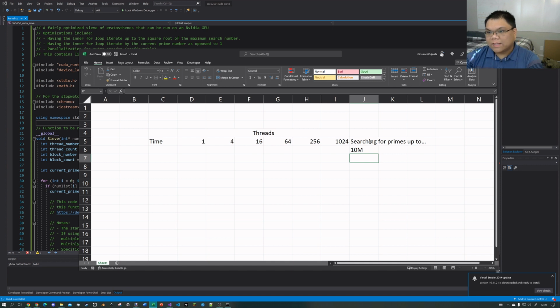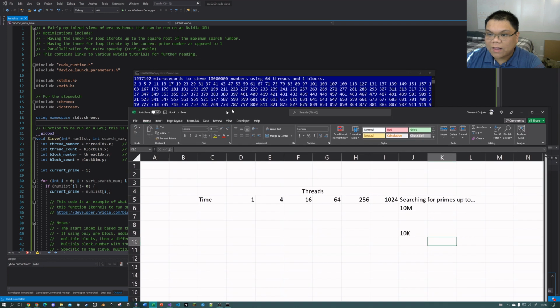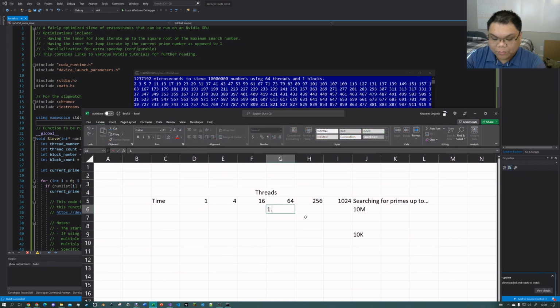For the sake of comparison, let's look for primes up to 10 million and looking for primes up to, say, 10,000. Alright, so it took 1.2 seconds on 64 threads,